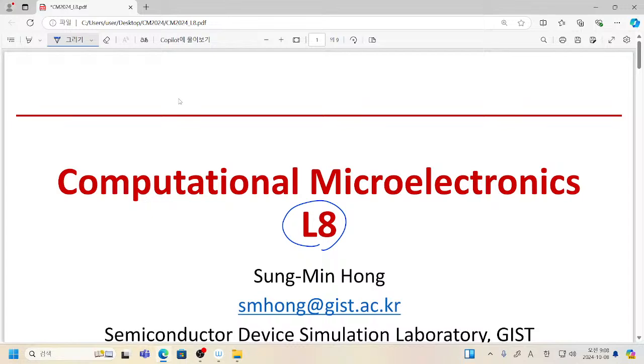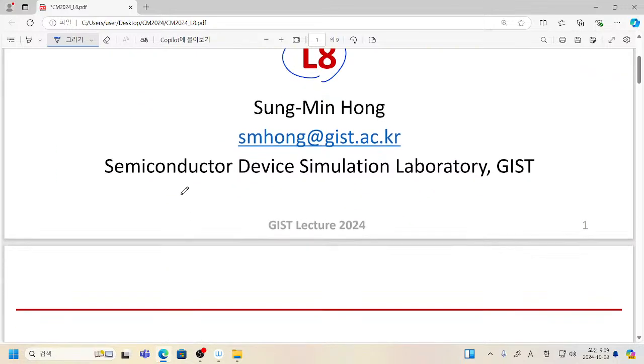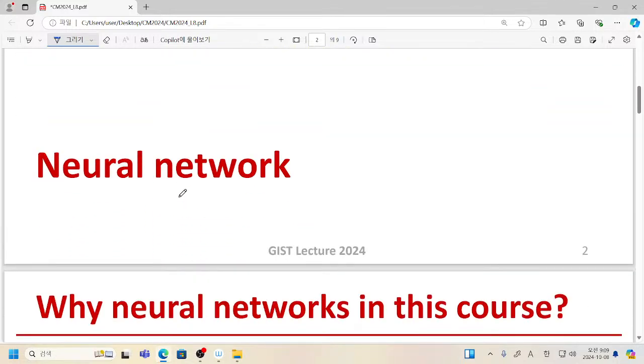So after a long pause due to my business trip and other national holidays, we are now coming back to the offline lecture. Today's lecture is the 8th lecture, and we'll talk a little bit about neural networks and their application. So today's topic is neural network, but since it is